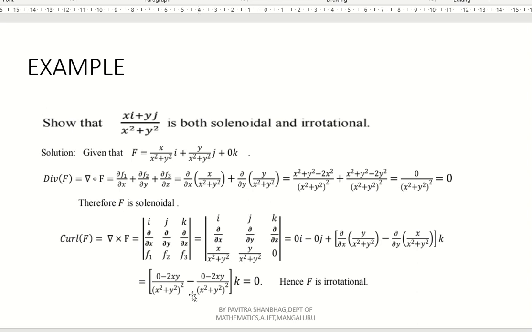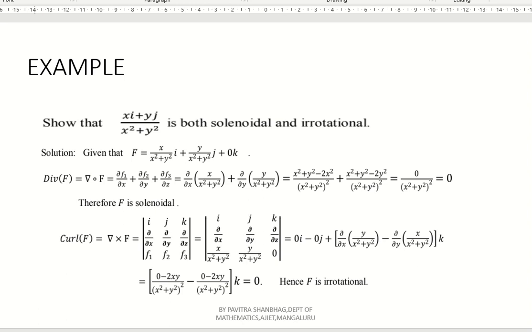Now minus as it is, again apply the u by v rule, denominator into derivative of numerator. So it will be 0 because there is no y term in the numerator. Minus x into derivative, this is 2y. So minus 2xy by x square plus y square whole square. But minus of minus will give us plus 2xy. So minus 2xy plus 2xy divided by x square plus y square whole square. So that is nothing but what? Into k. The numerator cancels, plus and minus give 0, and 0 by any value is 0. So because of this, vector f is irrotational.